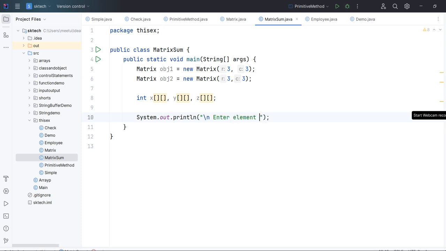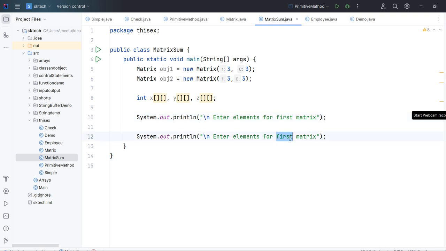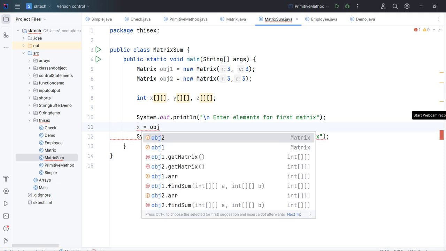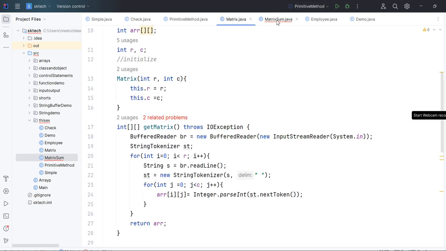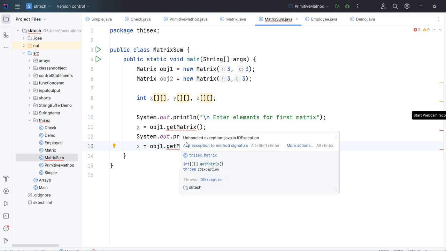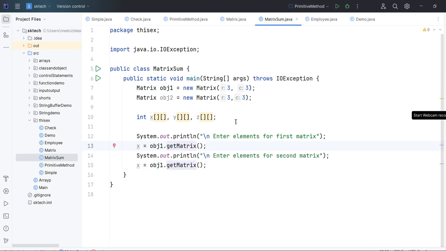Enter elements for first matrix. Similarly, enter elements for second matrix. Here we write x equal to obj1.getMatrix. It is throwing an exception, so let's throw this exception in the header of the method.